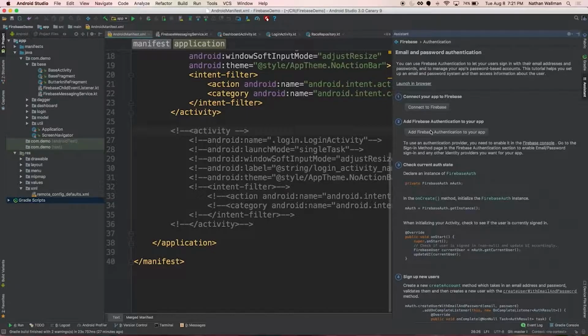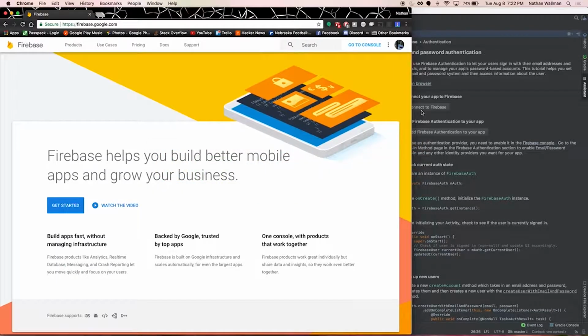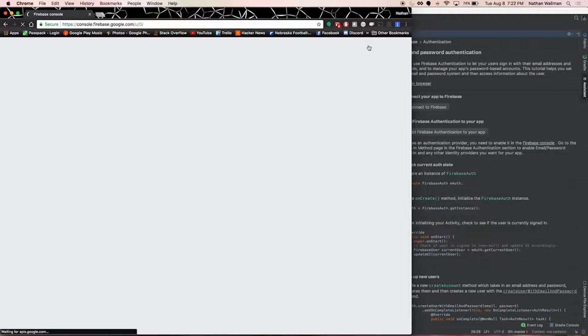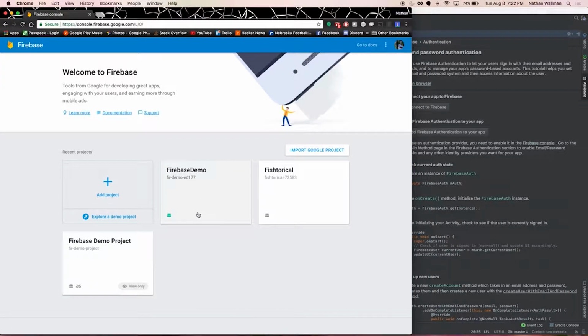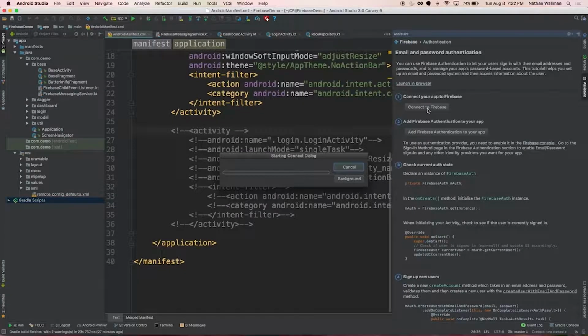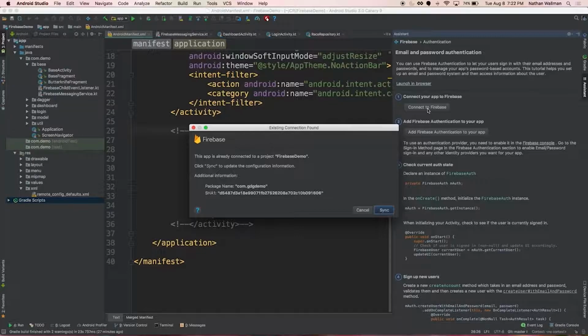So we will go ahead and do that. We'll start out by connecting Firebase. Now, let me go to the console. This first one, I've already gone ahead and set up my Firebase demo here. The reason I had to do this is since I was going through this demo so many times, I would add a project, remove it, add a project, remove it to test this out, and I hit quotas and that kind of thing. So I'm not going to go through the full thing, but really it's as simple as hitting the connect to Firebase. I'll show you this here.